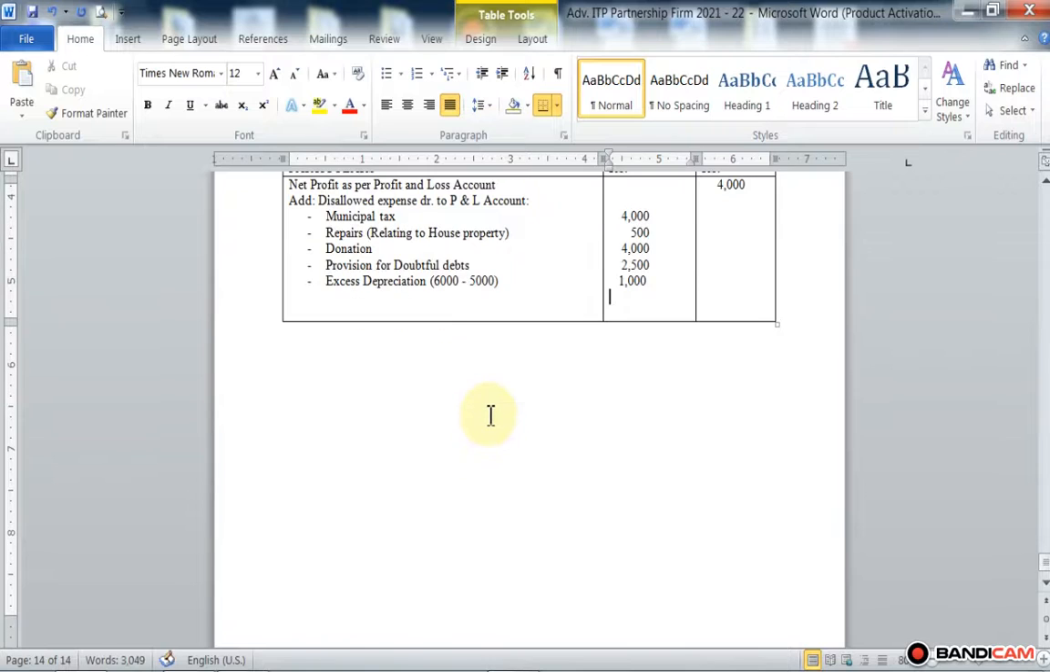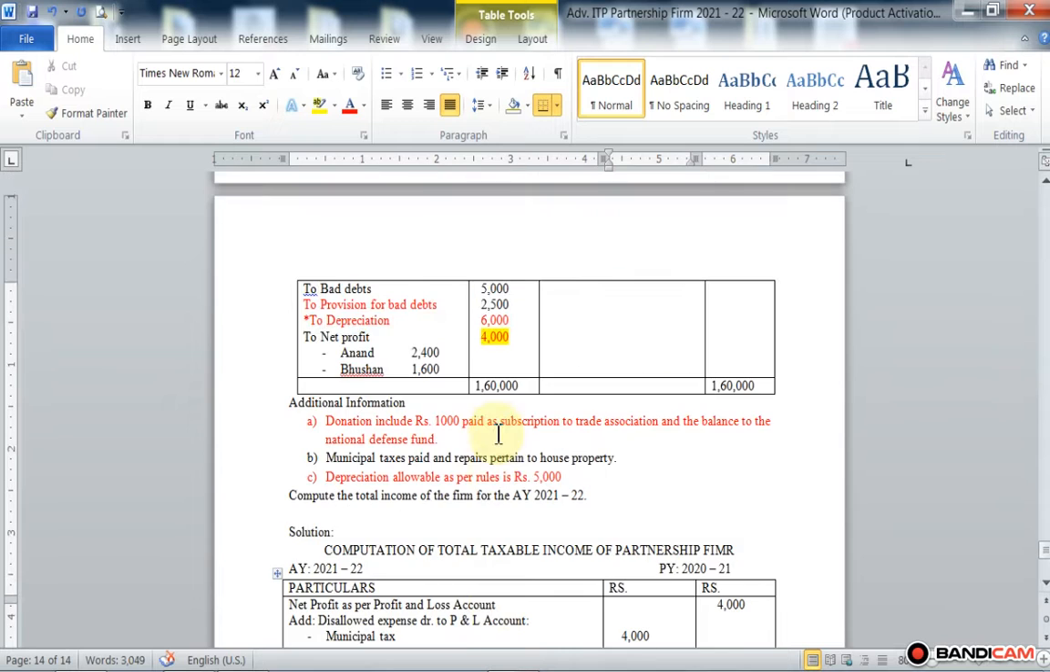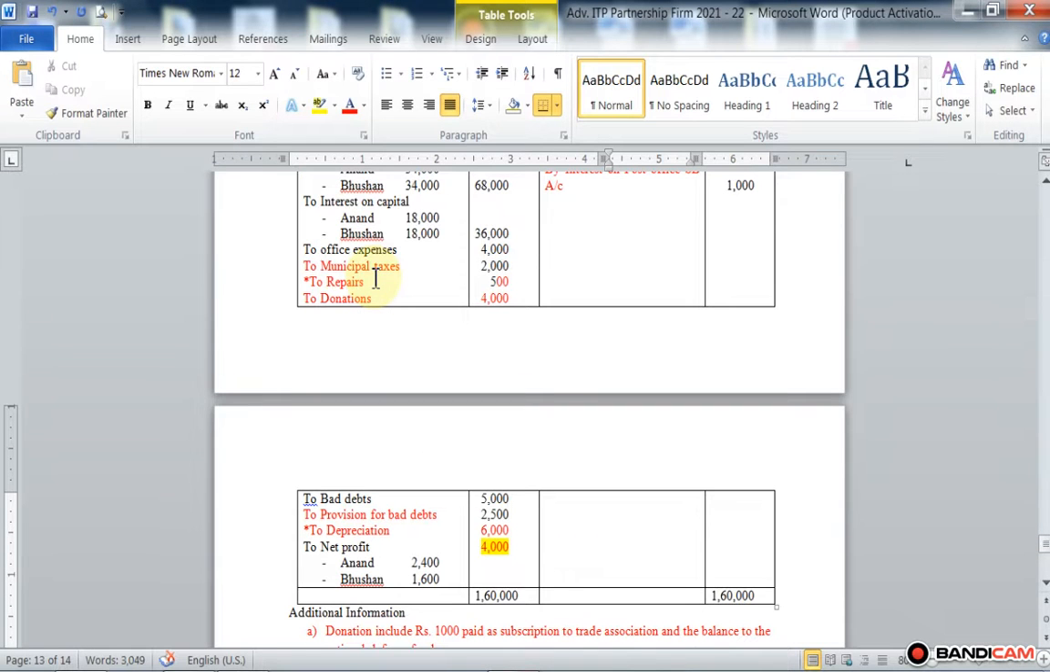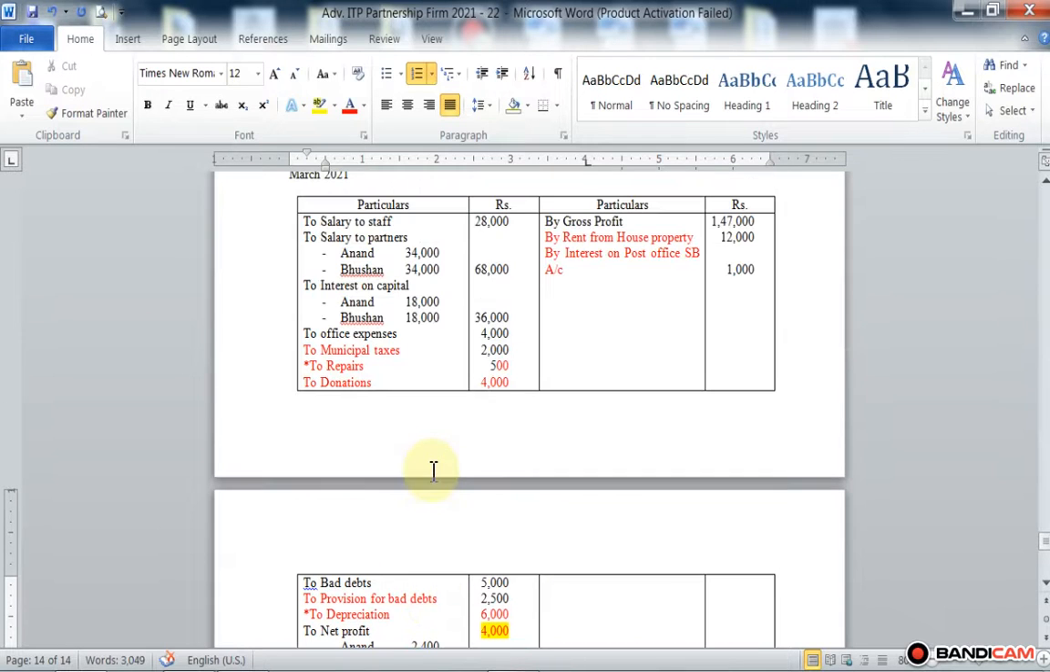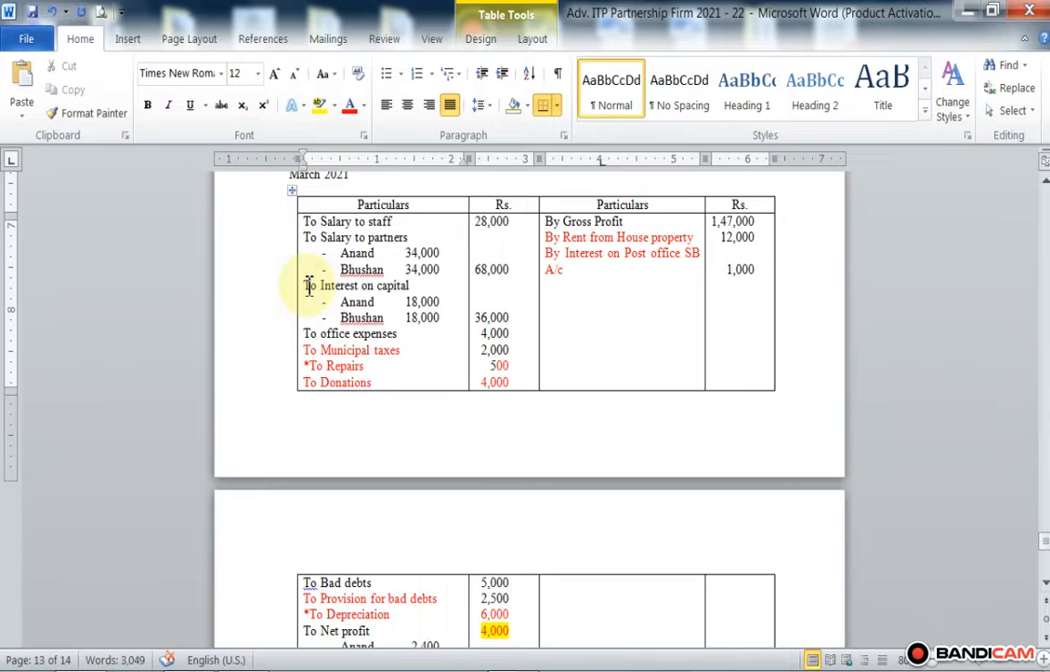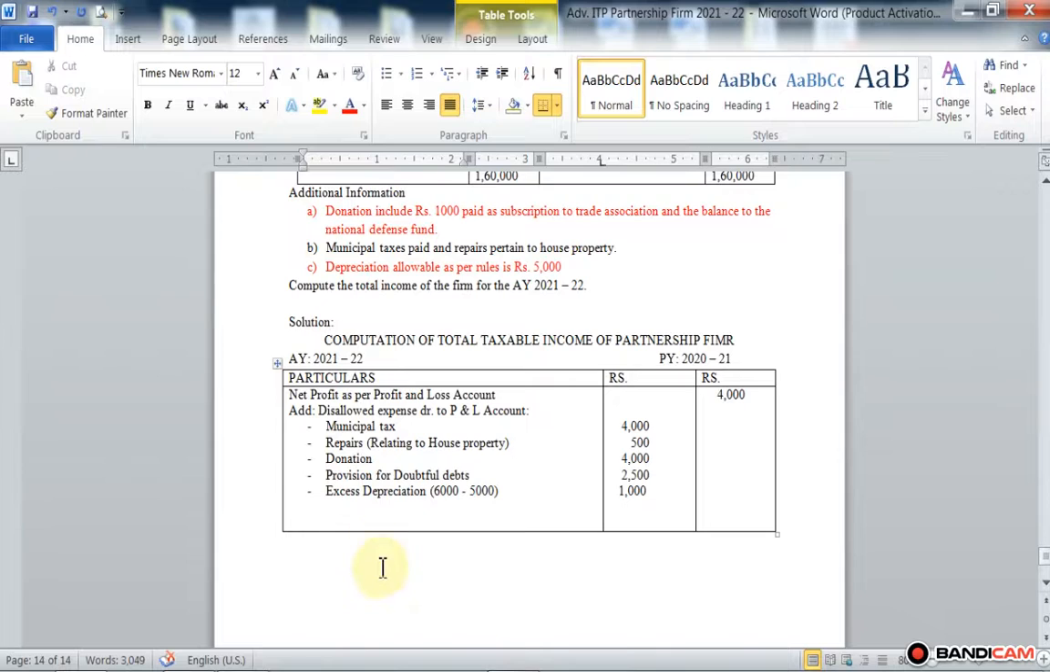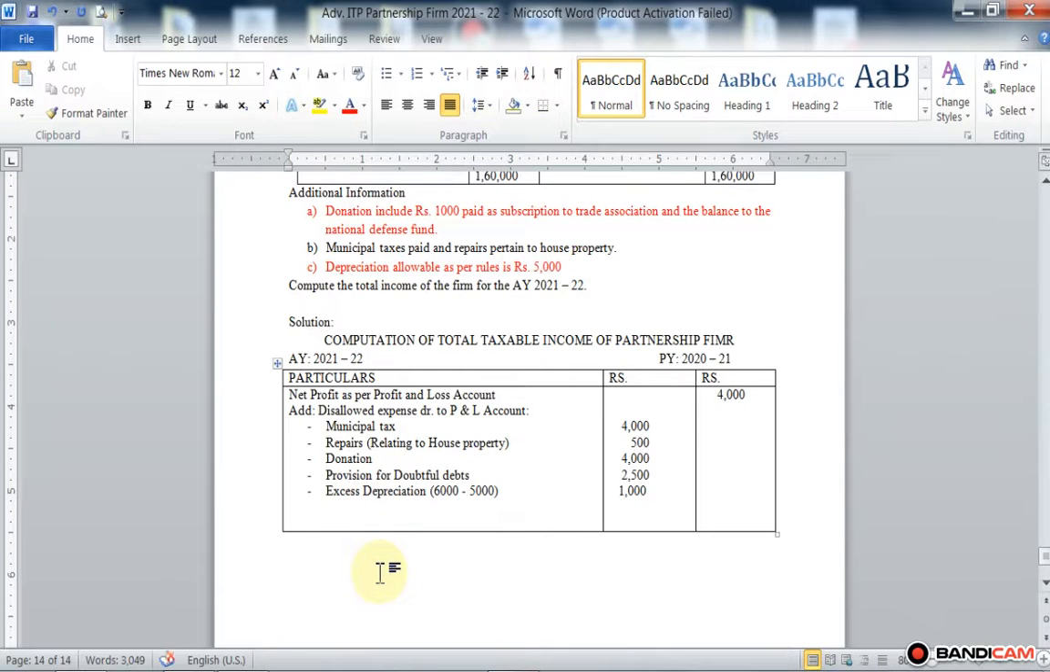Then next expenditure, so read the additional information. Here we take into consideration all expenses which are not relating to the partnership firm. Now we read the additional information. So donation is also taken into consideration, repair is also taken into consideration, and depreciation is also taken into consideration. Now here the rate of interest on capital is not given in the additional information. So here we make a working note